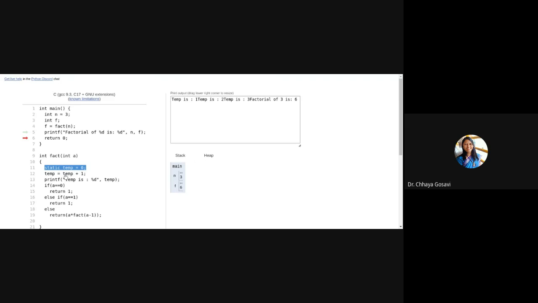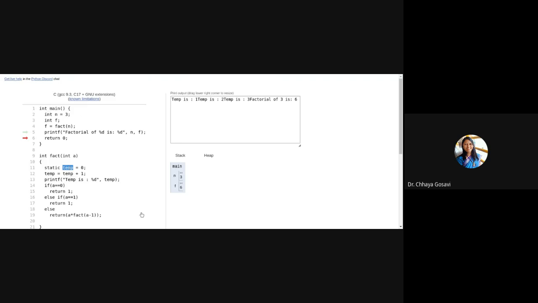So what is the lifetime of temp? What is the difference between the lifetime of variable a and temp in function factorial? Memory is allocated to a whenever it enters the function, and it is deallocated when you leave that function. So the lifetime of a is only in that function, and scope is also in this function, but the lifetime of temp is till the program ends.